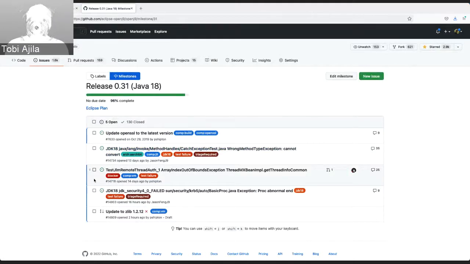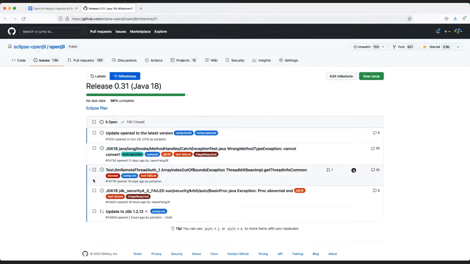A new one came in yesterday. Sorry, Toby, before we move on, how risky is the fix for that? So for this one, I think it's not low risk just because of the area of the code that's being modified, which is why I would like it to sit for a few days, possibly a weekend, before we completely check that one off.